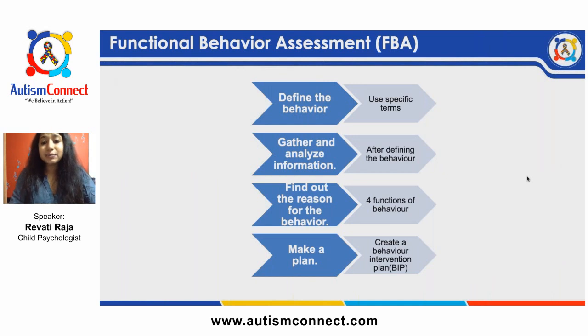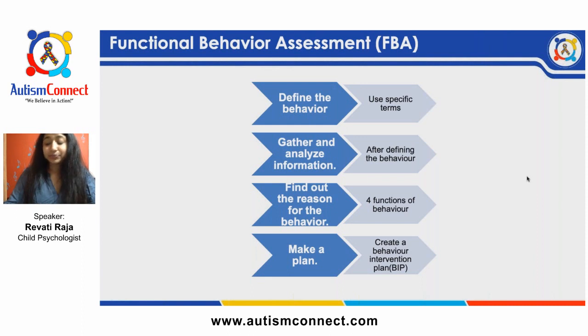The functional behavior assessment is very important, like the preference assessment as well, because we understand what the reason for a particular behavior is. So there are four functions of behavior. Of course, they can occur together as well, but it is easy for us to understand when we look at a particular behavior, gain information, and understand the reason for it occurring. So the four functions of behavior are sensory, escape,